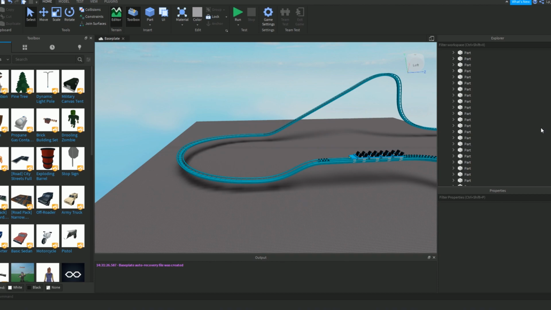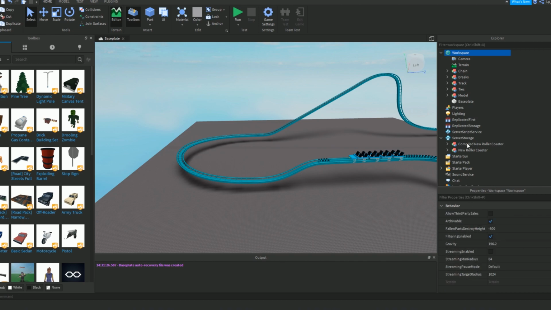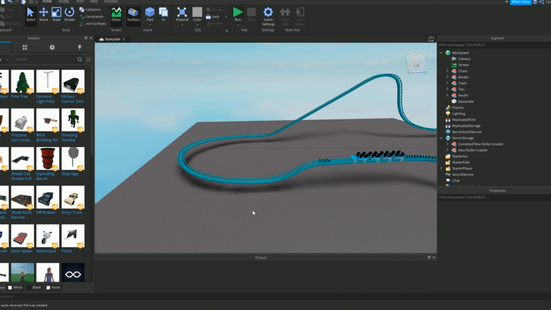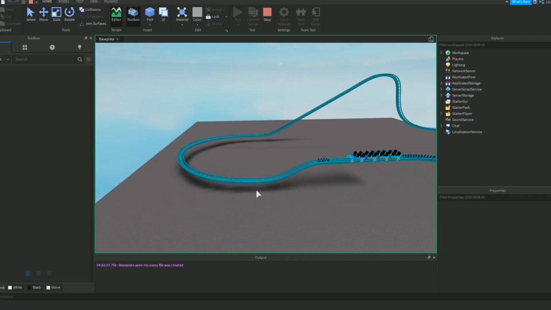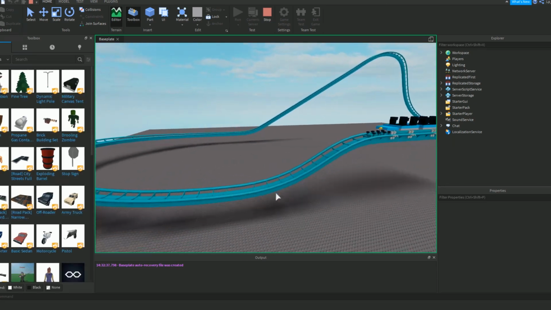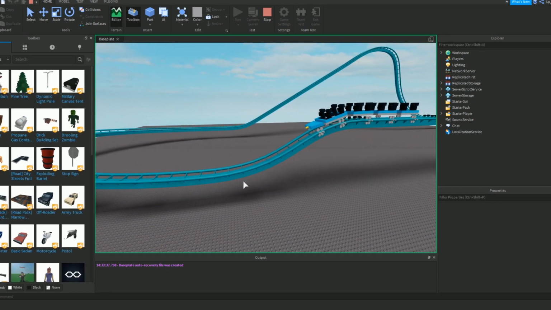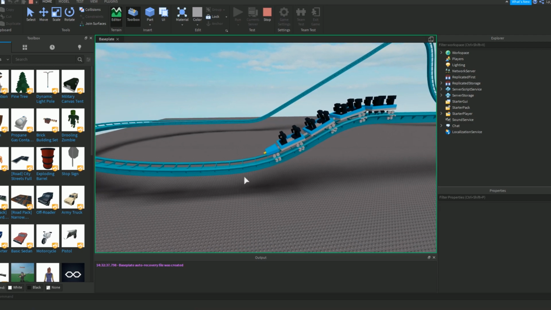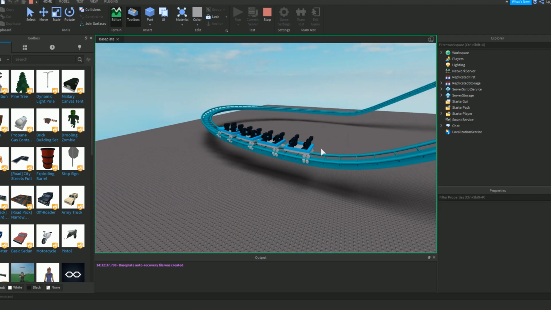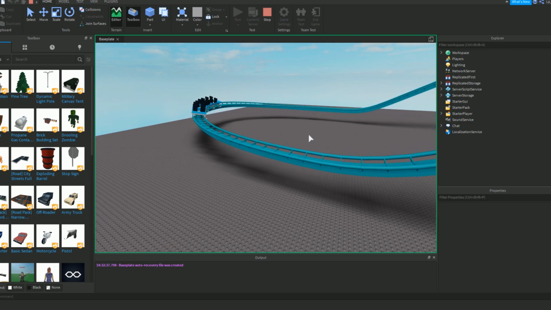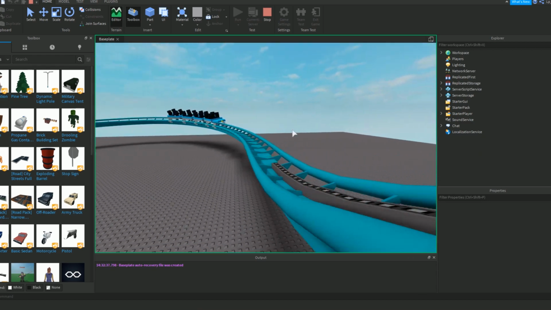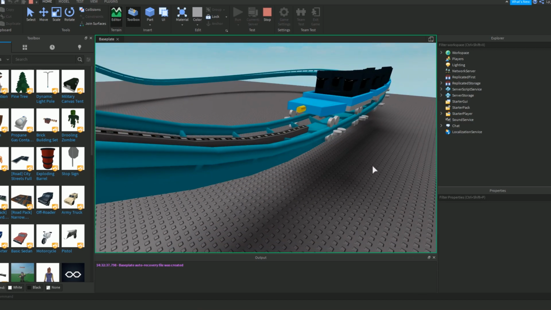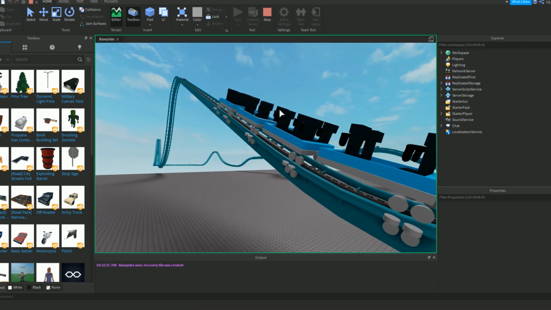So if you want it to have a smooth gravity, you can experiment with the workspace property called gravity. My best gravity choice would be 55, and click run. And as you can see, when it goes down a hill, it's going to be smoother, less affected by, you know, speed and gravity. As you can see, it's way more smooth, way more buttery. And as you can see, it connects to the chain, it goes up,